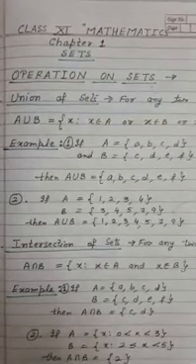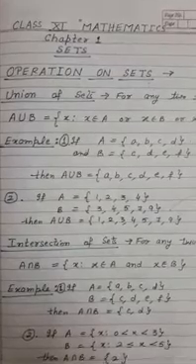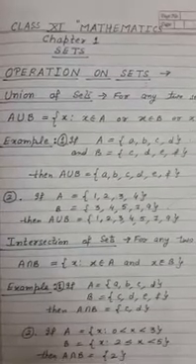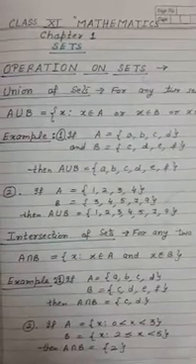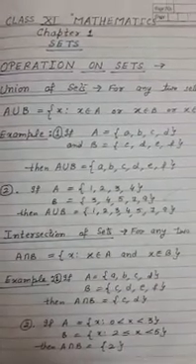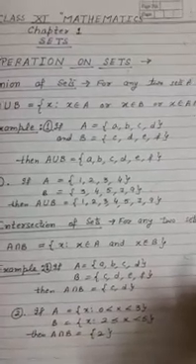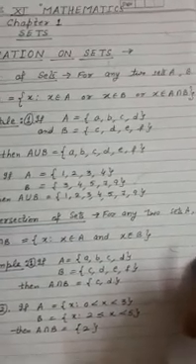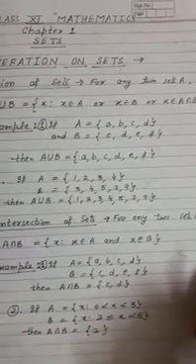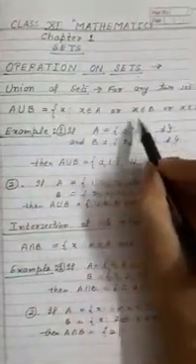Good morning, students. Let's continue operations on sets, in which I want to explain the union of sets. You learned union from the Venn diagram, but what is the definition of union? X belongs to A, or X belongs to B, or X belongs to A intersection B, where X is some element in A and B. A union B is this.